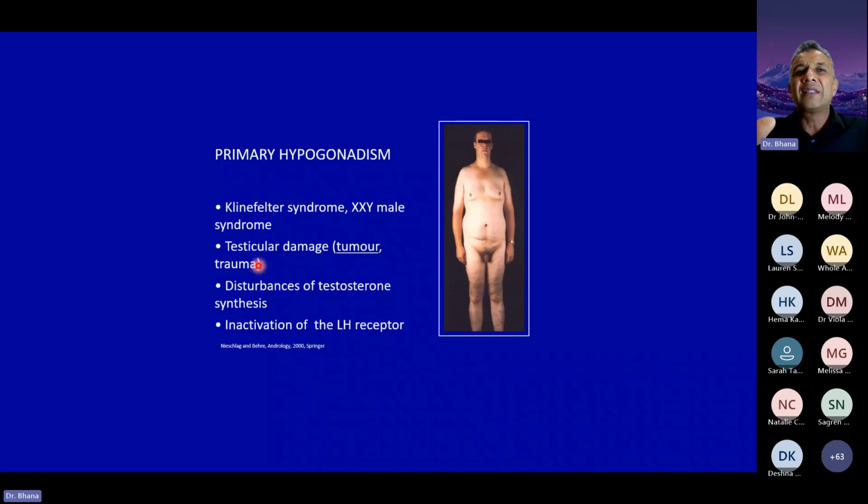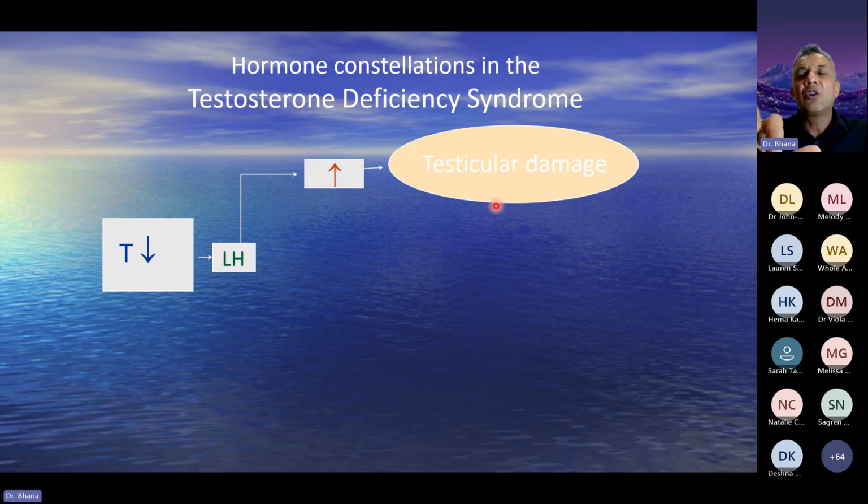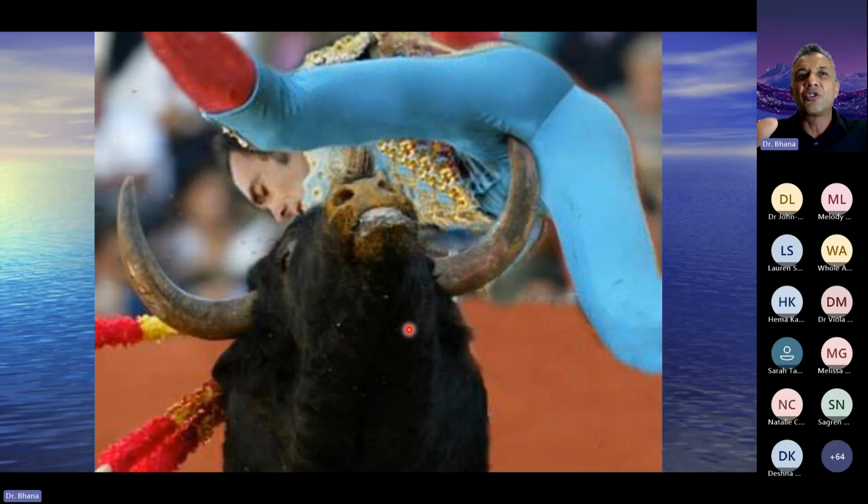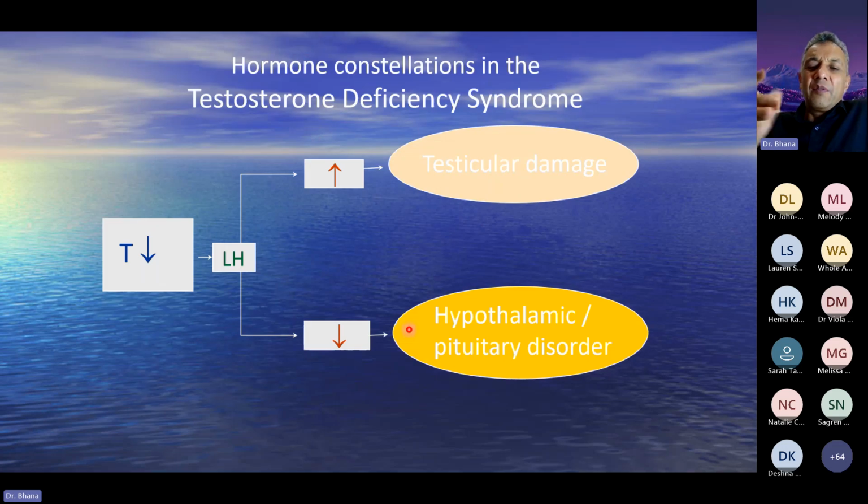So here's an example. Somebody who's got primary hypogonadism, like Klinefelter's, or testicular damage, either from a tumor or trauma, torsion, any disturbances in testosterone synthesis, this is very rare, or inactivation of the LH receptor. These are all testicular causes of a low testosterone. Bit of drama, so that guy is definitely going to have a problem,